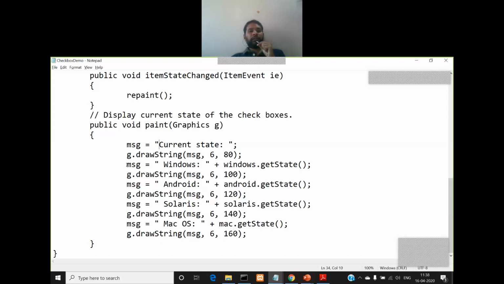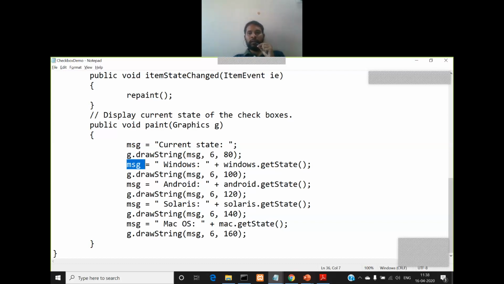Then I'm changing the content of the message string to Windows followed by colon concatenated with Windows dot get state. I told you just before what the purpose of get state is. The get state method will return whether the checkbox is checked or unchecked.